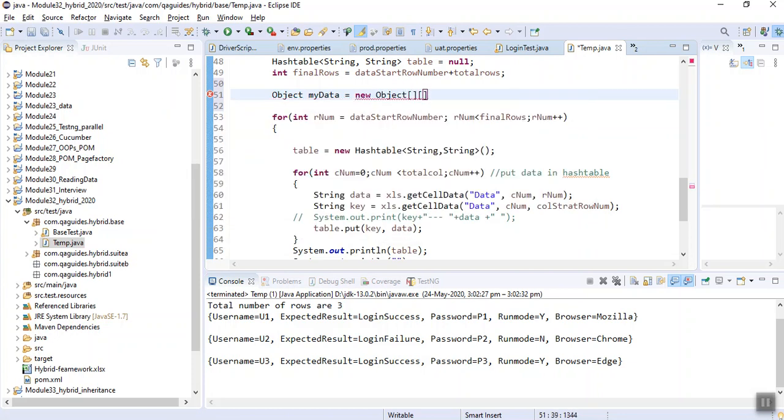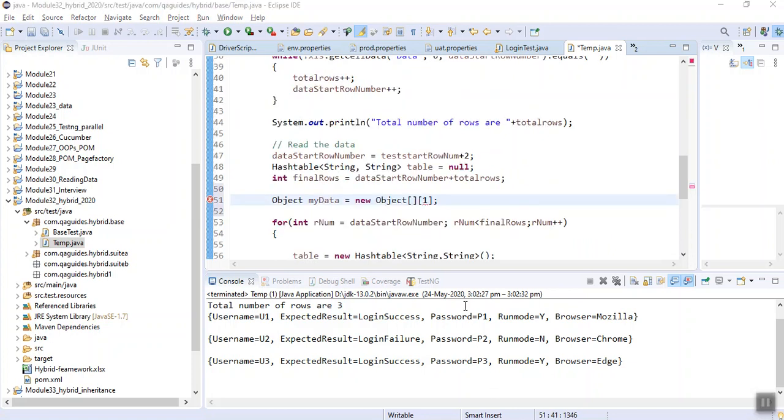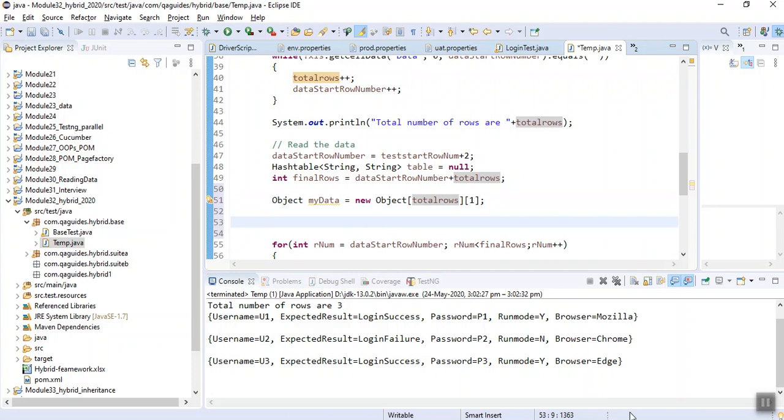See, the column will always be 1, remember why? And the number of rows will be the total number of rows we have. It's a two-dimensional object array.